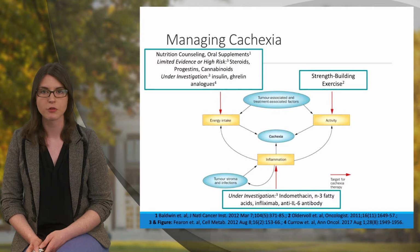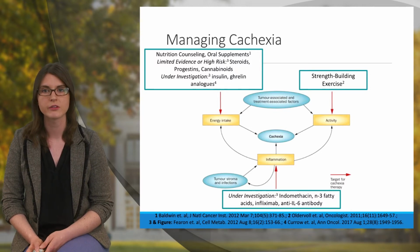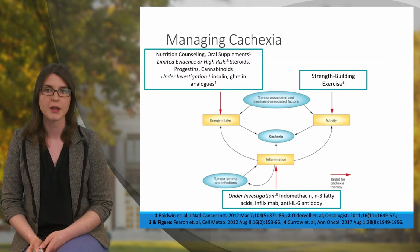For activity level, a randomized controlled trial of 60 minutes of exercise twice a week in patients with advanced cancer showed significant improvement in physical performance. Exercise might help patients stay stronger for longer and improve their overall quality of life, so it should be encouraged when patients are able. Finally, medications to reduce the inflammation in cancer cachexia, including indomethacin, N3 or omega-3 fatty acids,